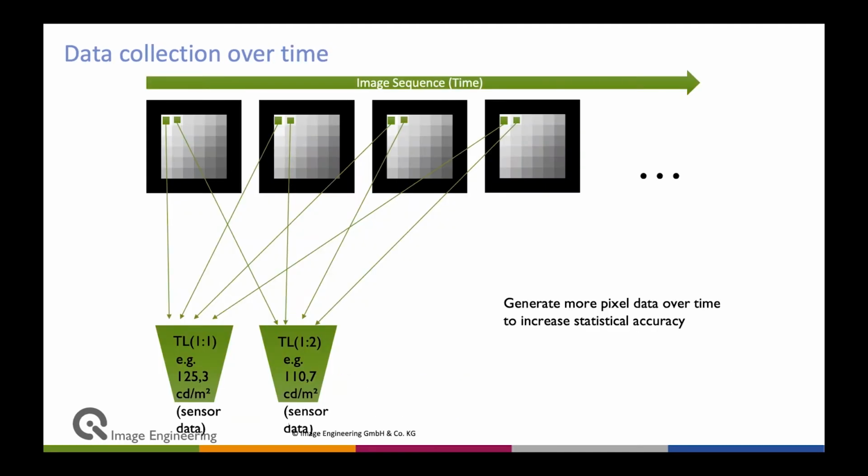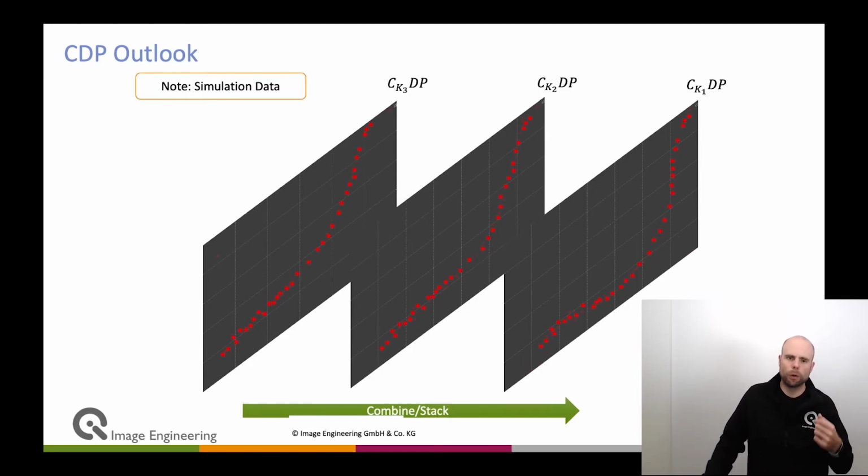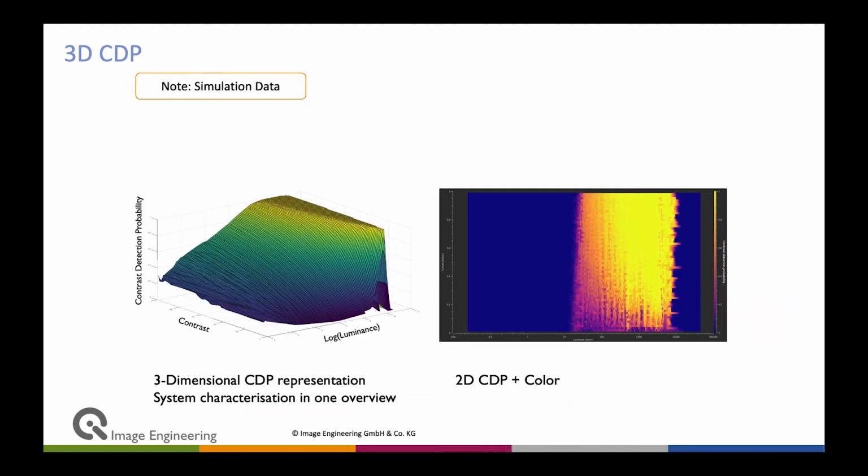As I said, we have 216 gray patches, but that might not even be enough. So we can also collect data over time. We can change the intensity of light sources and just capture more and more images. With that, we can create many different contrasts and many different luminances and sample the data. One comparison of one pair gives you one CDP value, and we can then combine a lot of them so that we get to a 3D